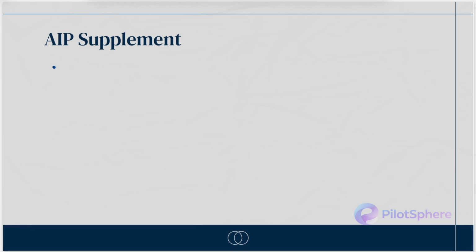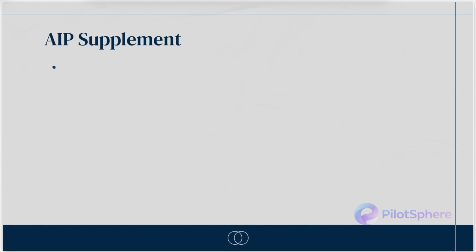Maybe you have a navigation aid that is unserviceable due to maintenance. That information needs to be provided in the AIP supplement so that all operators, all flight crews, all personnel are aware about this change as well. You are adding that through an AIP supplement.